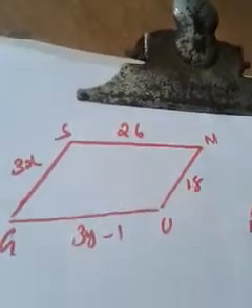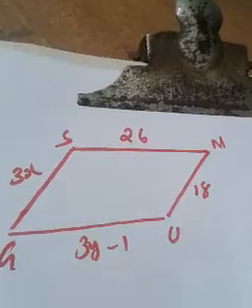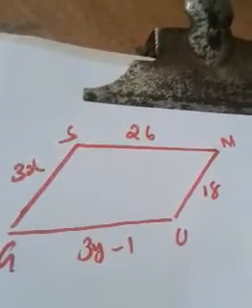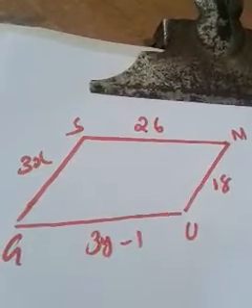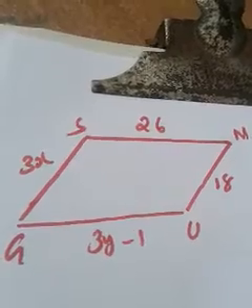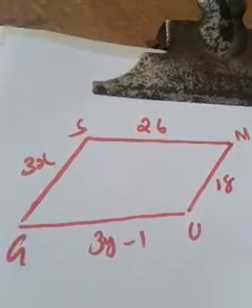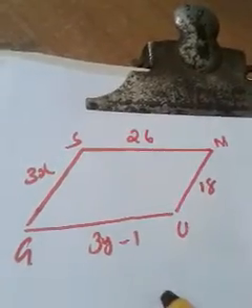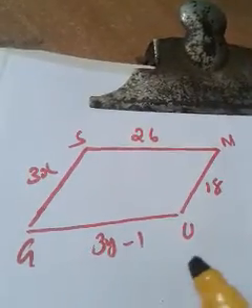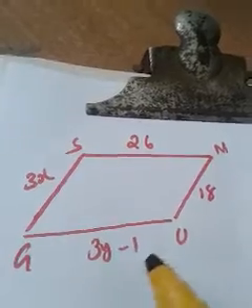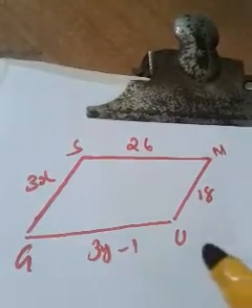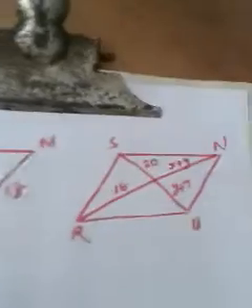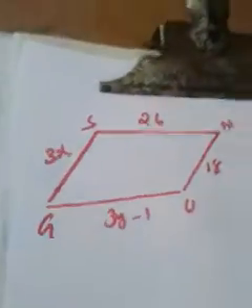So can you use any property of angles here? In the previous questions, we used the alternate interior angles property, the adjacent angles are supplementary property, and the opposite angles of a parallelogram are equal property. But can you use that kind of property here? No. Why? Because here X and Y are on the sides. Is there any need to apply angle properties here? No. So we have to compare the sides.